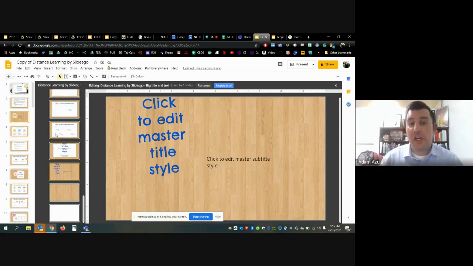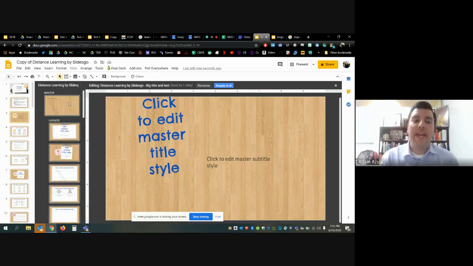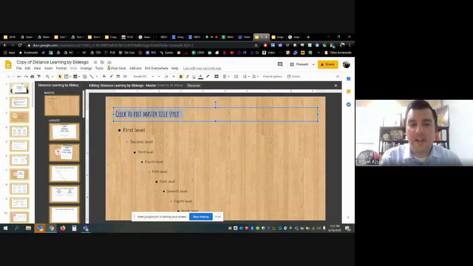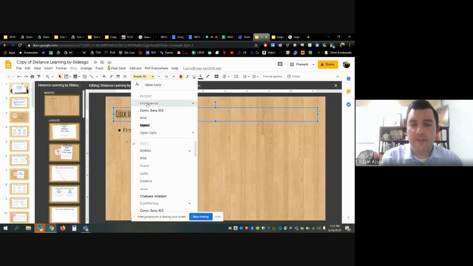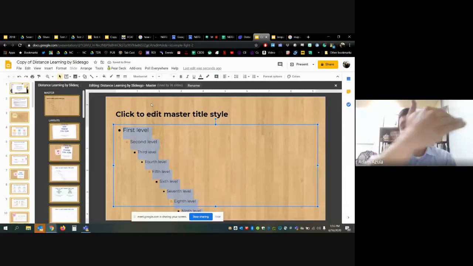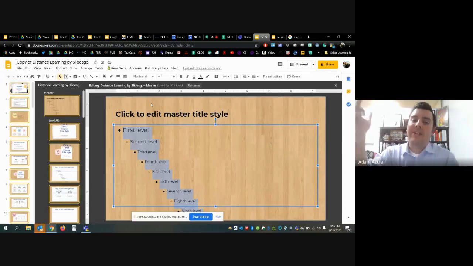The master slide is all the background stuff, not just the background of the slide, but the controls for the font, the color of the font, all that. If you make a change on the master slide, it's going to affect all the other slides here. So if I didn't like this font, if I change it to the font that I do like, it's going to change it on any slide that is using that font. There is nothing worse than having to go through each individual slide of a slide deck and changing the font over, change the size, change the color. If you do it from the master slide, however, all those changes will take effect on all of the other